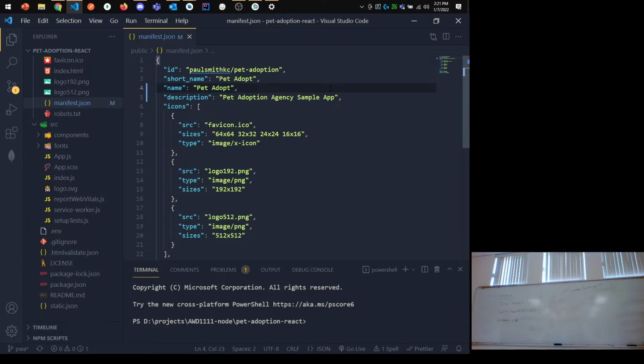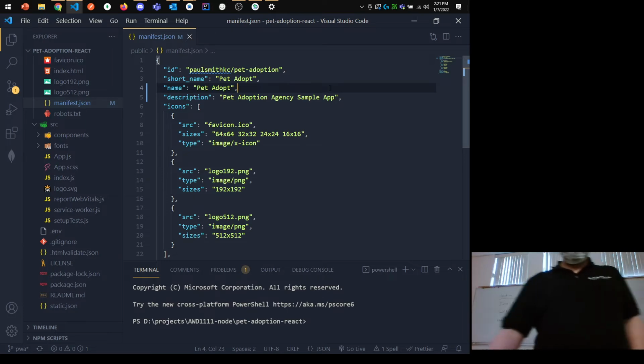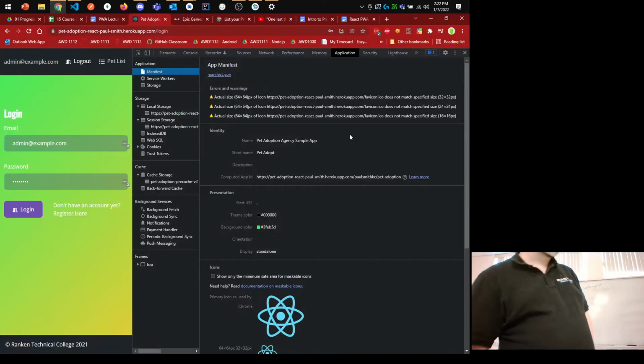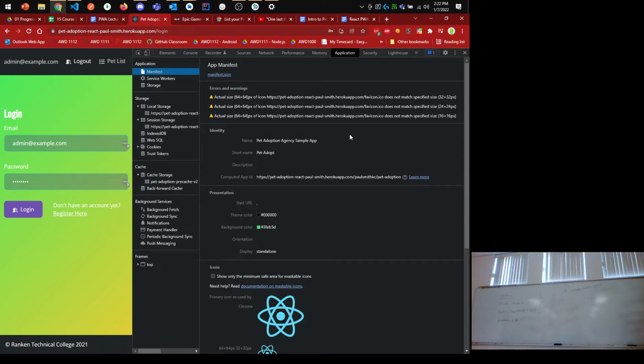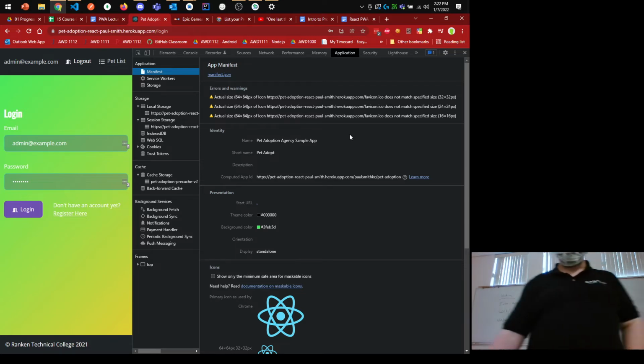Okay. They've also listed in here what sizes this supports. According to this, it's saying 64, 32, 24, and 16. That's saying what sizes this icon can be used in. You may have to shift that based on what's actually in your icon. Mine was complaining that on the favicon.ico, the actual size is 64, but it's saying it can be used as 32, 24, and 16. So if I was going to get rid of that error, I would say